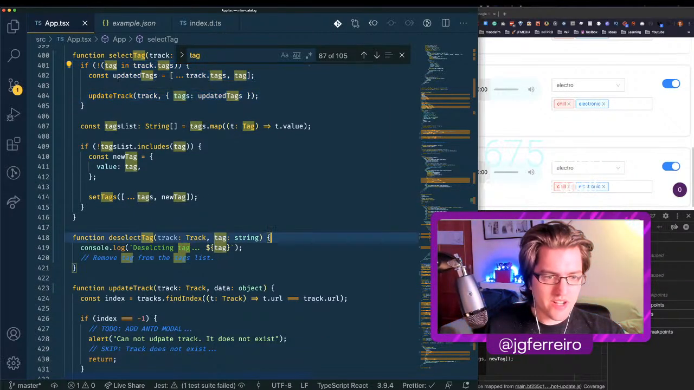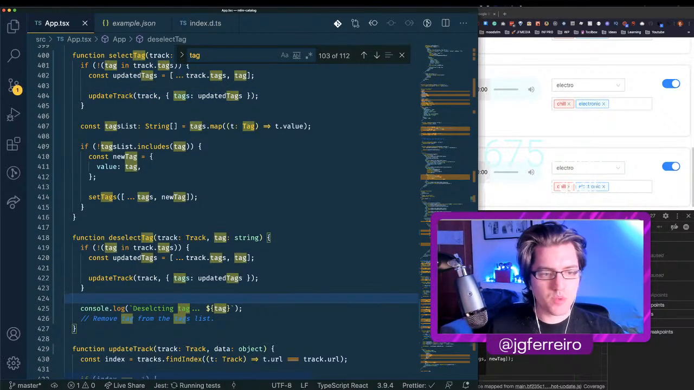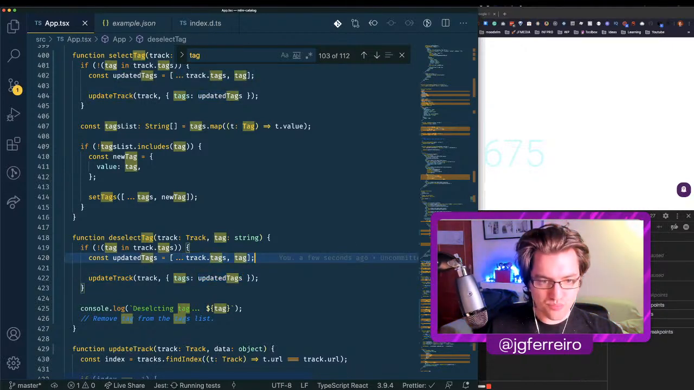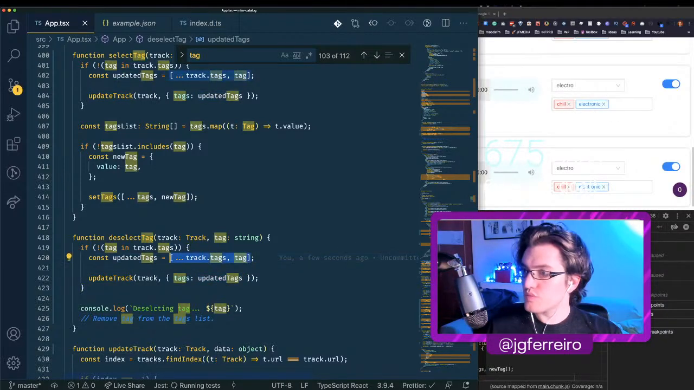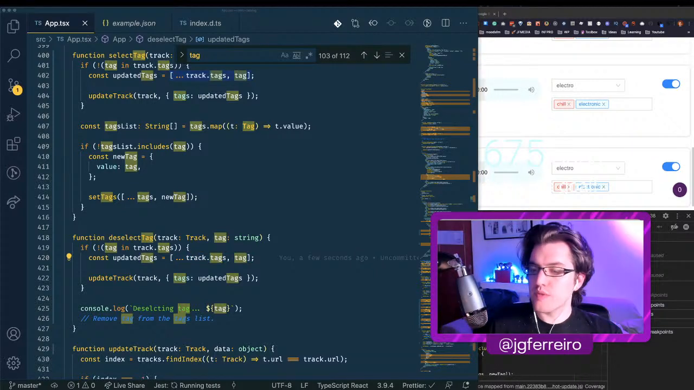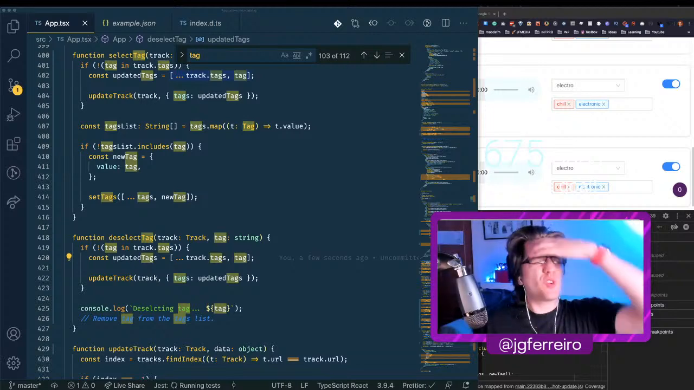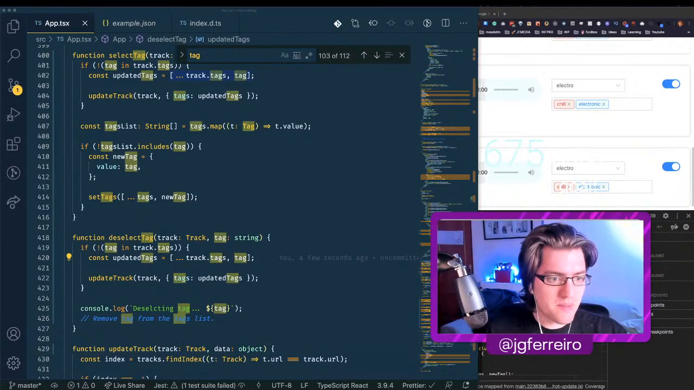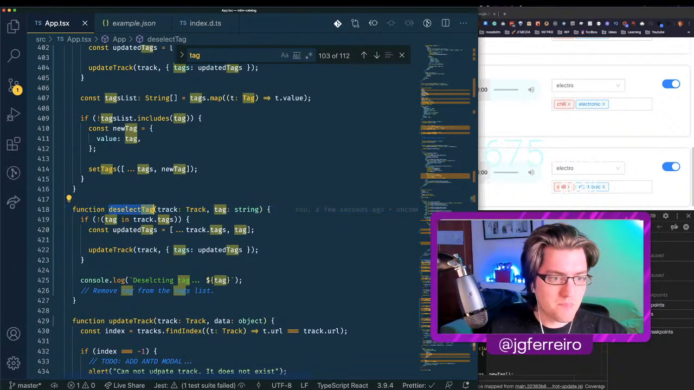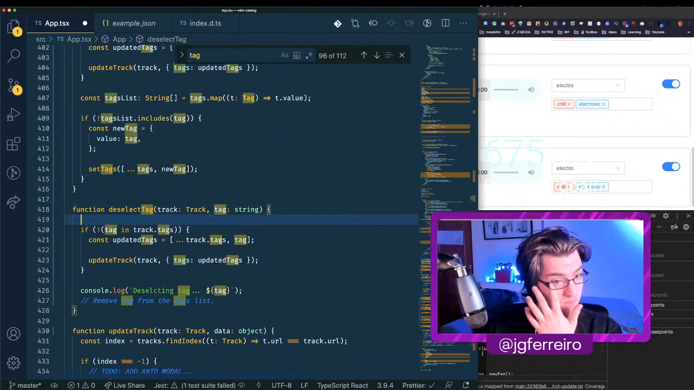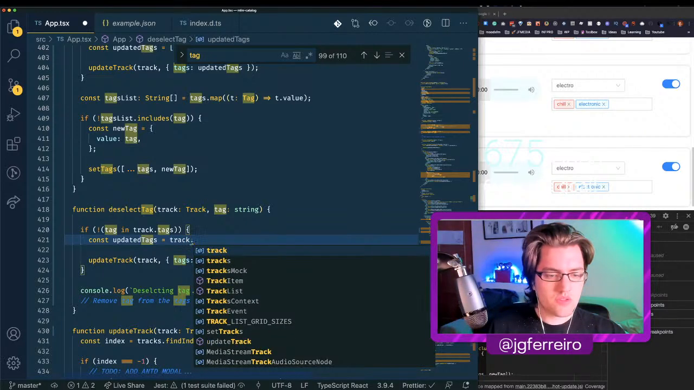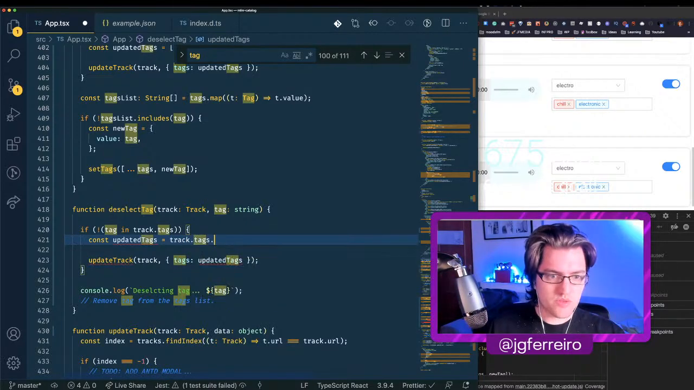So we're actually going to use a similar approach to what we had before, but in this case, we need to remove from a list. So arrays have the remove property, so we can use that. Deselect tag. So track dot tags dot remove